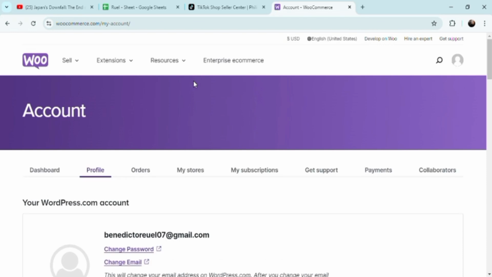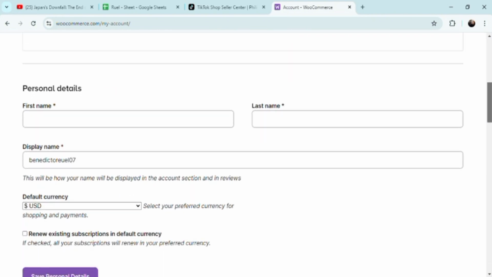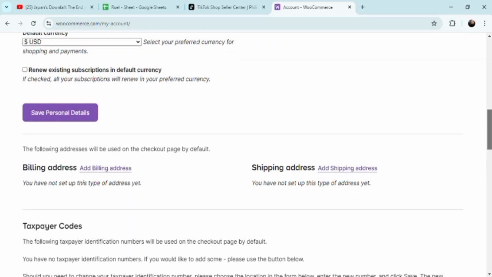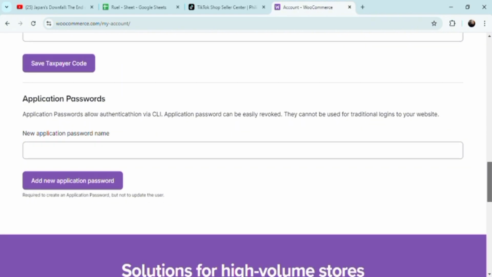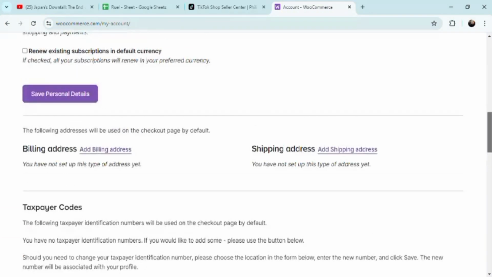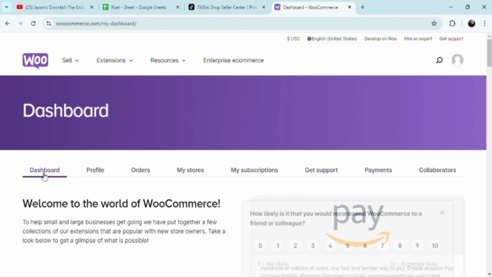You basically need to be patient when it comes to provisioning your account here. So that's what we're actually doing. We're going to fill up all these addresses, and I've just set up a fresh WooCommerce account for you guys to grasp the concept of how to actually do this. So again, email address, very important, and that's basically what you're going to need to do before starting this arduous